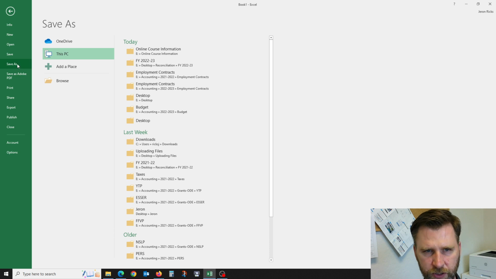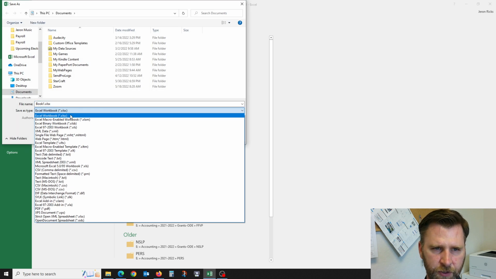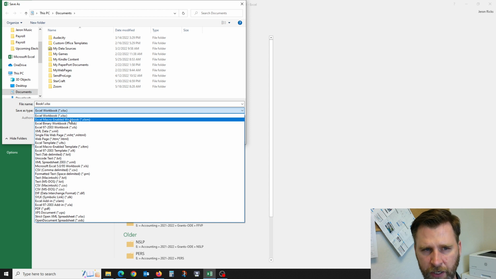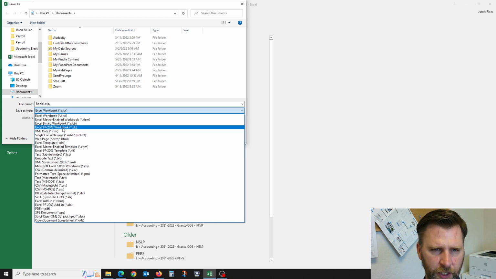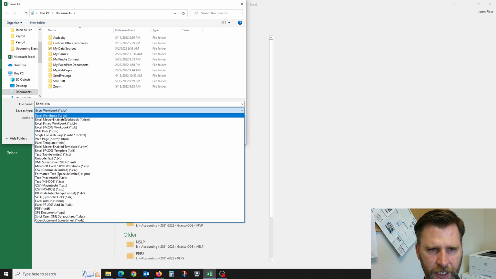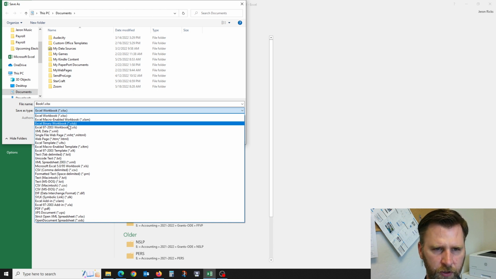Save, if you're just saving the file that you already are using. Save as if you need to change it. Let's do browse. You have some save as types, Excel workbook, Excel macro enabled workbook. We'll talk about that later in the advanced course. Binary, don't know about that. 97 to 2003, just an older version. The XLSX is more compacted compared to the 97 to 2003, and there's some features that don't work in the